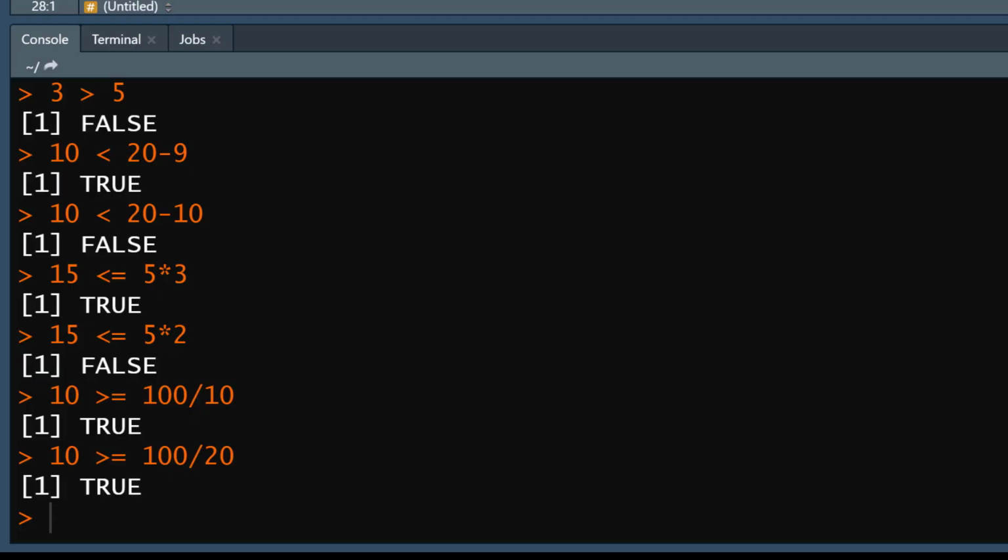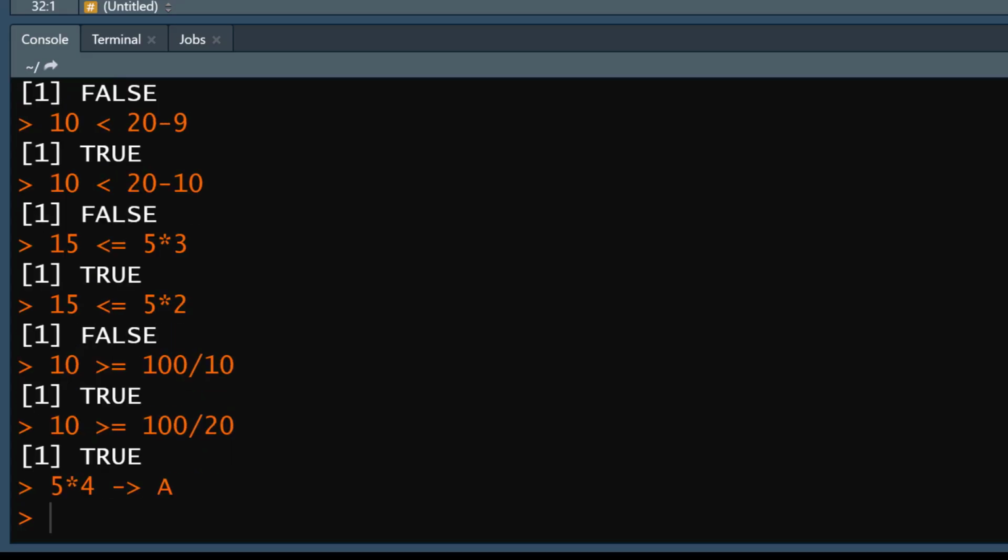Likewise, I get a true. You can also test for equality. We'll make this a little bit more complicated. I'll define two variables. I'll define A to be 5 times 4, and I'll define B to be 10 times